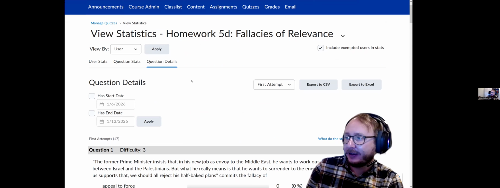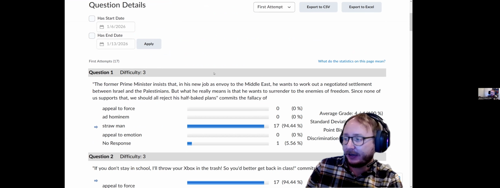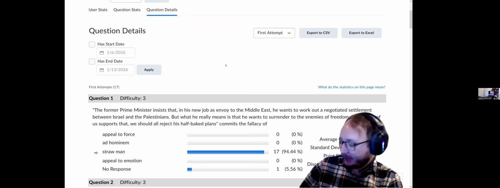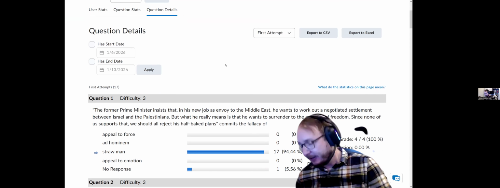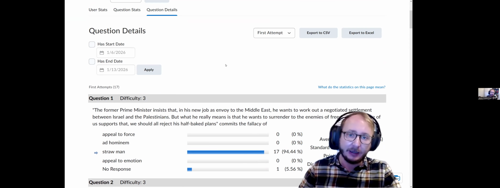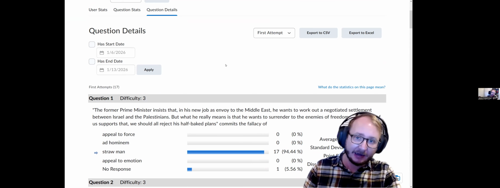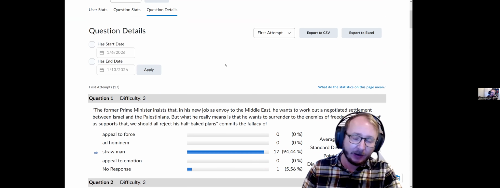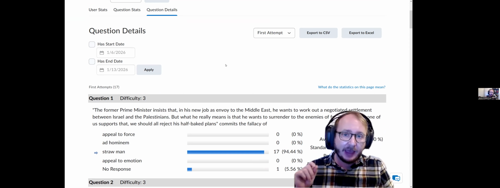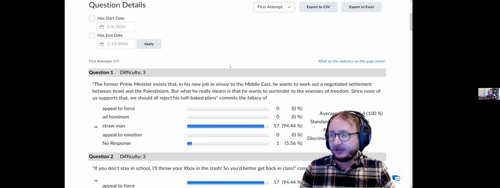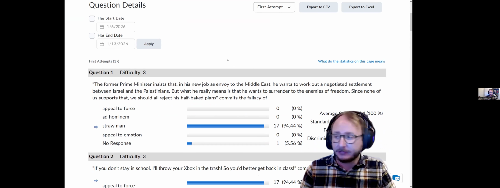All right, let's get into fallacies of relevance. There's a couple in here that are a little tricky. So the thing that all these fallacies have in common is that they throw something irrelevant at you in the premises to distract you from the fact that there isn't really an argument for the conclusion, that the premises don't really support the conclusion at all. Now, the nature of that distraction is what differentiates these fallacies from each other.